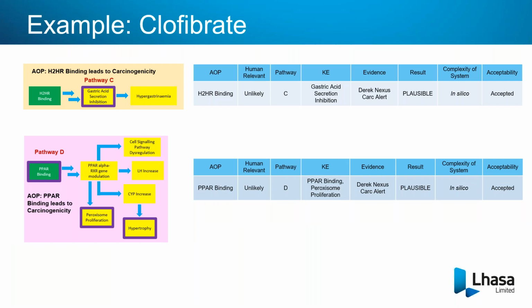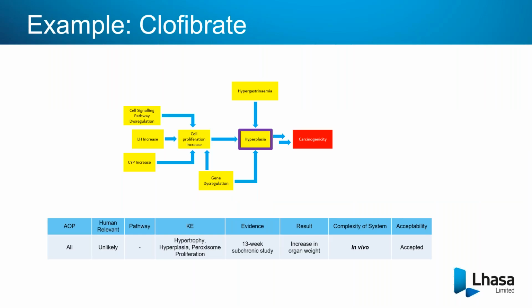As for the other 2 AOPs, there's only 1 piece of evidence for each, and this comes from in silico models and gives positive results for each AOP. In this scenario, we want to assess human relevance, as this is important for an overall result. There is information in the models, which we've linked here, which suggests that these are only rat-specific mechanisms. Therefore, the AOP relevance to humans has been classed as unlikely in these cases. And then we saw these AOPs